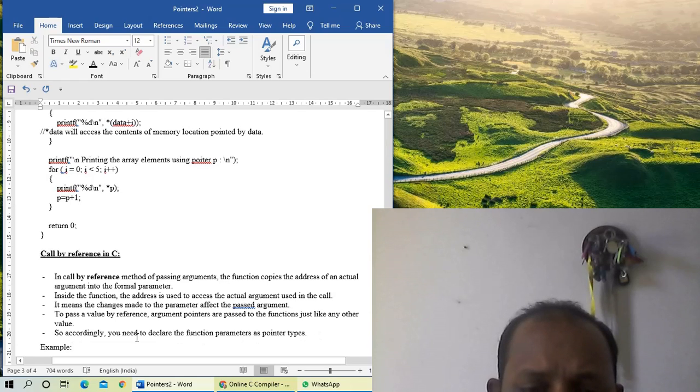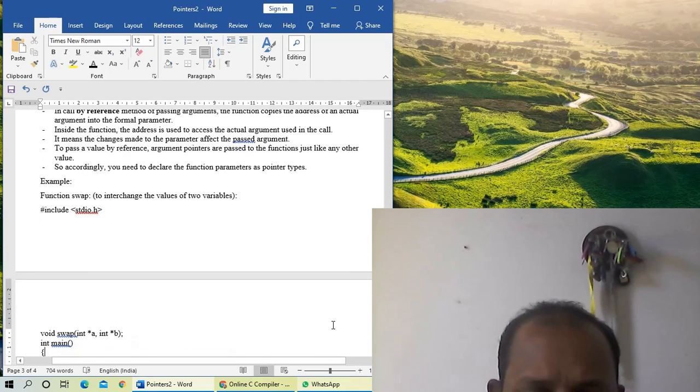That is, you need to declare the function parameters as pointer types. Argument pointers means the addresses of the actual arguments are passed to the functions. Okay, then we can stop with this example.